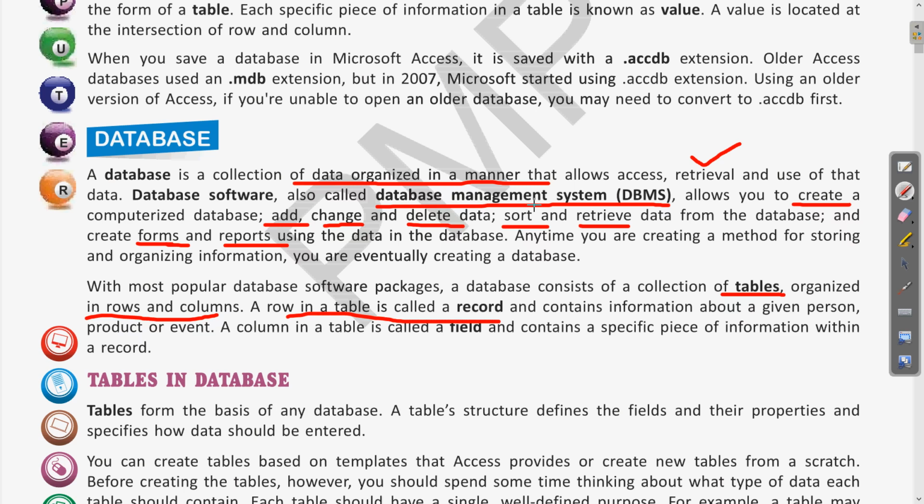Suppose this is a table in a database, the different rows are about a particular product, item or person, and these are called records, and the columns we make in a table are called fields. Fields are the specific information of a record. These are the terms we have gone through earlier, related to databases: table, record, field.